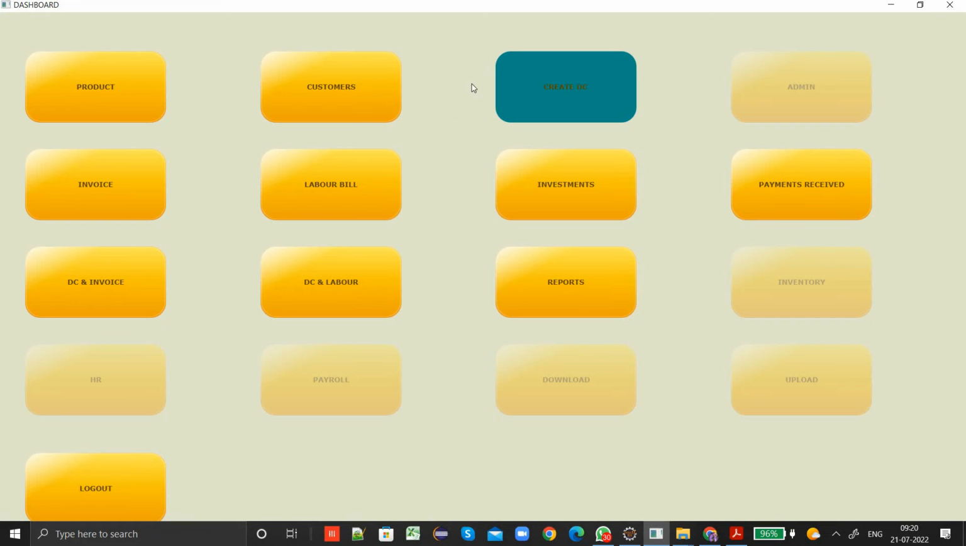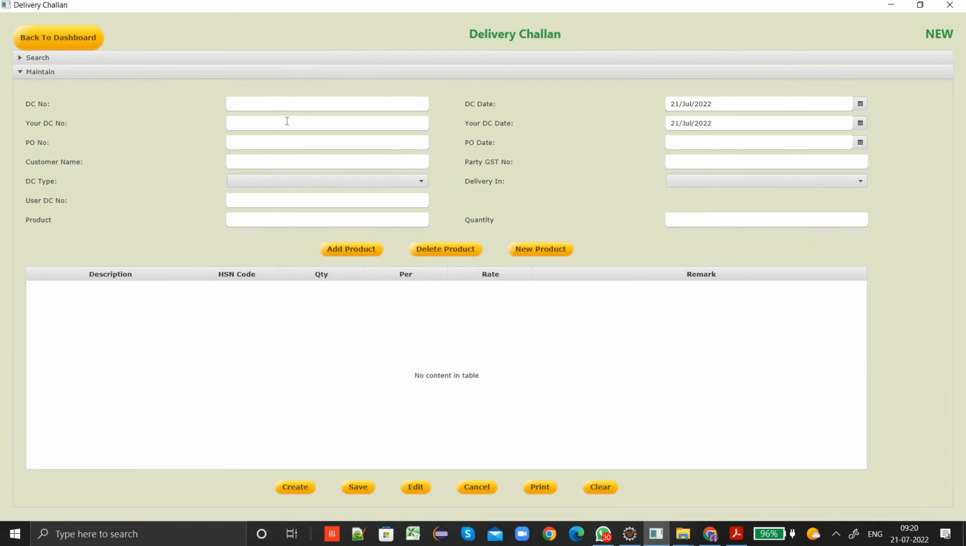So to create the delivery challan, click on create DC. Here you can create the delivery challan. So this is the DC date and your DC number. Whenever these SDS fabricators are getting some order from some other company, they will provide some DC number. In Chennai they use this term, your DC number, which means the DC number provided by the people or the company